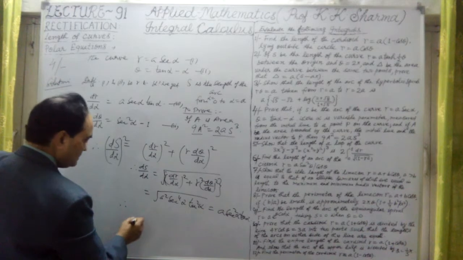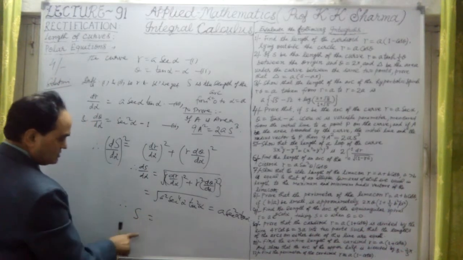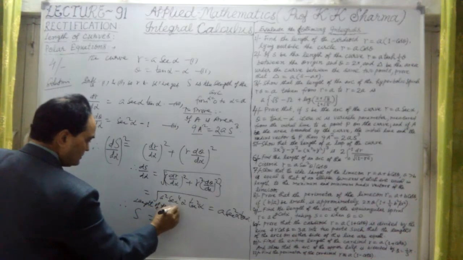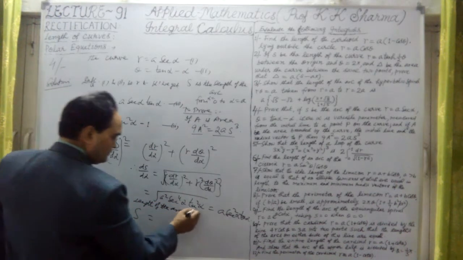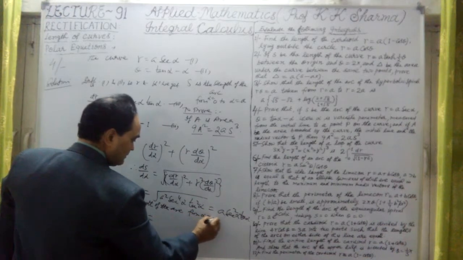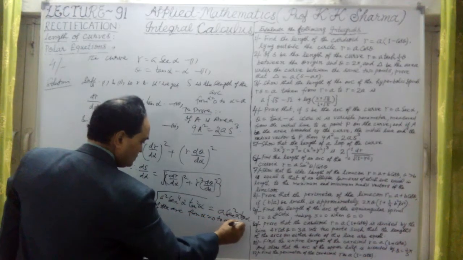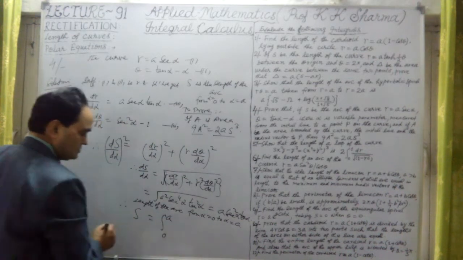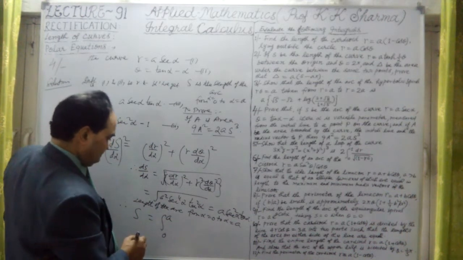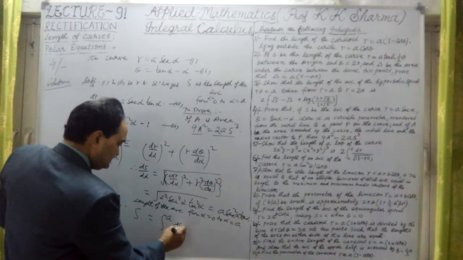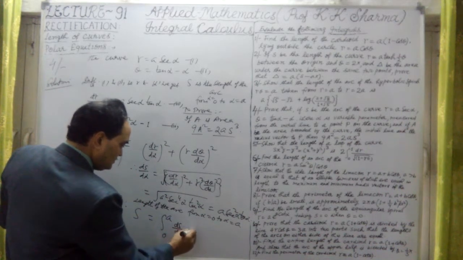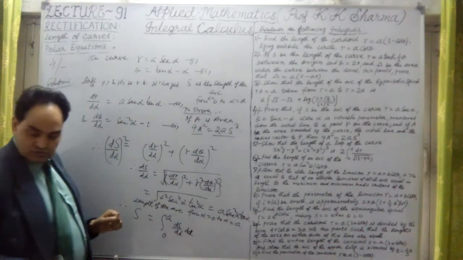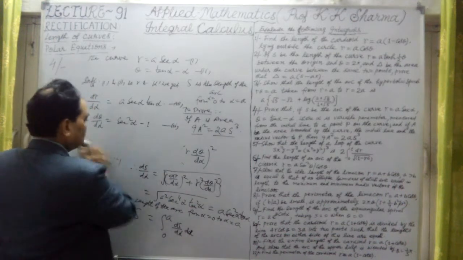Therefore, the length is equal to the length of the arc. Therefore, length of the arc from alpha equal to 0 to alpha equal to, let me take a here, so it is 0 to a. It can be written as ds upon d alpha into d alpha. Now ds upon d alpha is this value. Then differentiating that, we get here